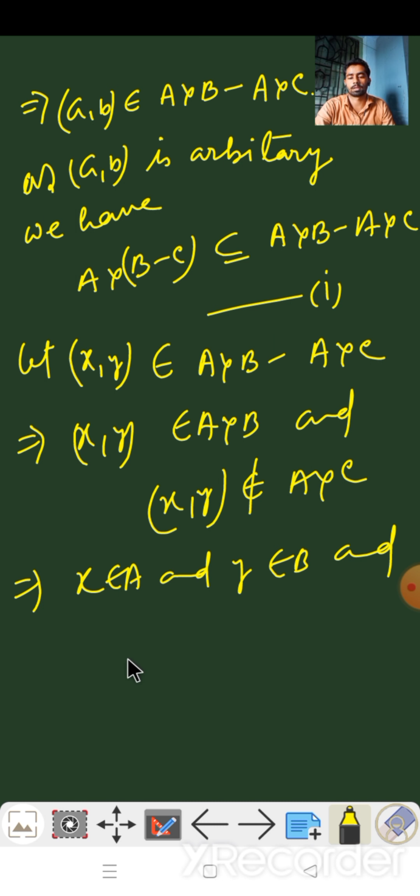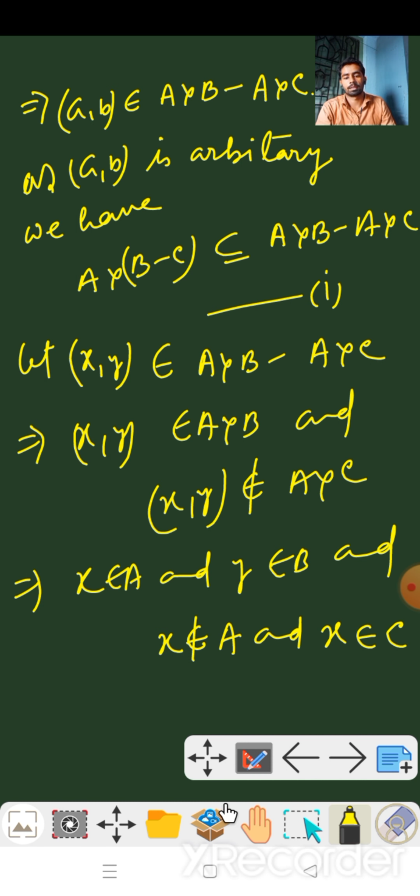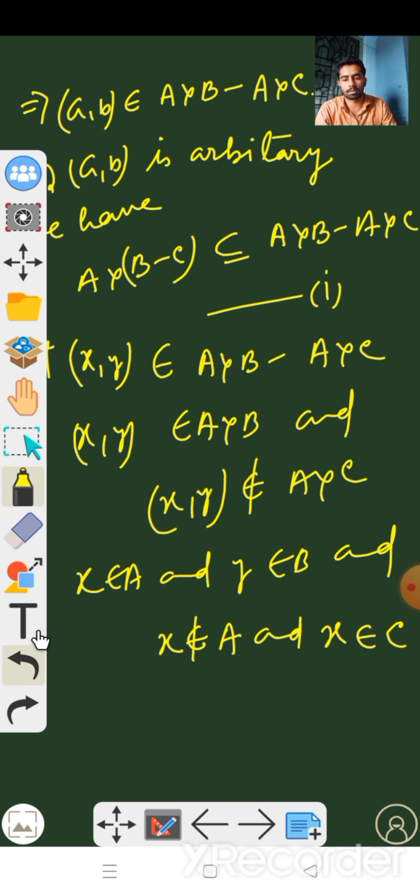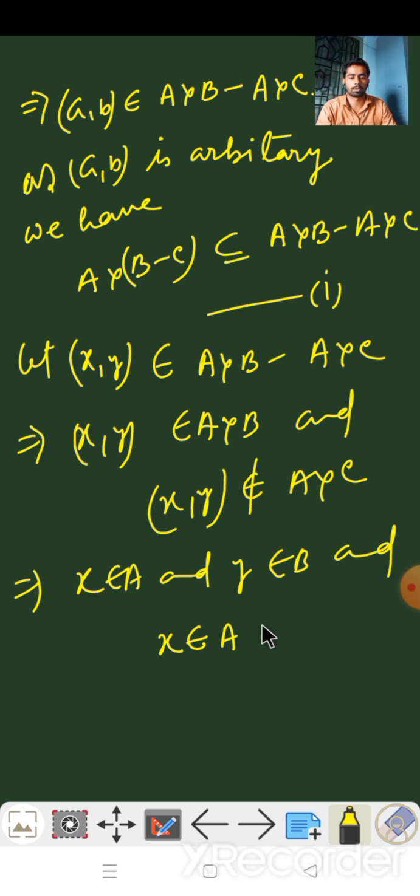And since we have surely that x belongs to A, we cannot say that x does not belong to A. As we have already that x belongs to A, we cannot say that x does not belong to C, so we can conclude that x does not belong to C is not possible here. Otherwise it is not possible for the ordered pair (x, y) to not belong to A cross C,